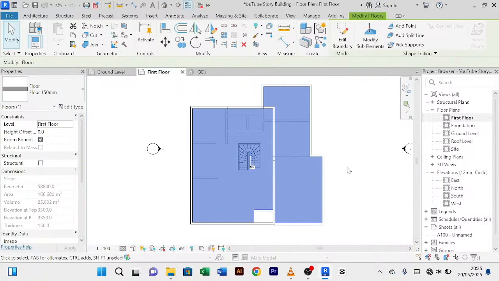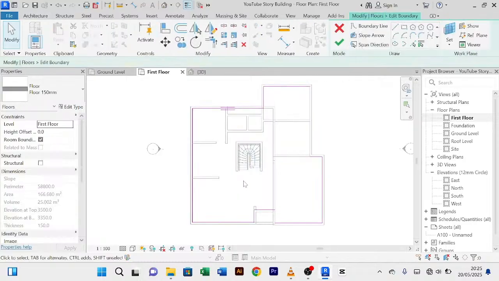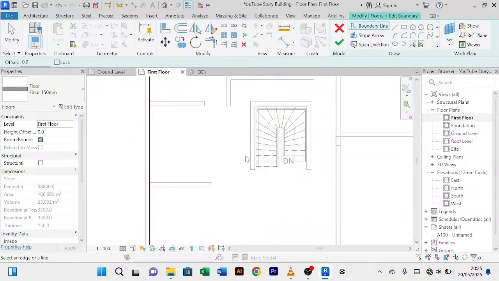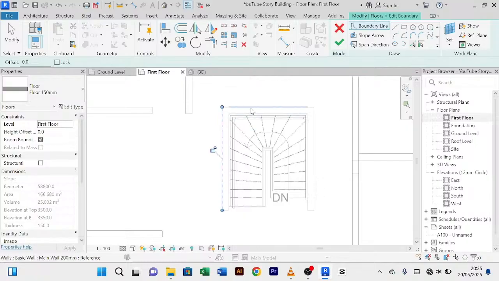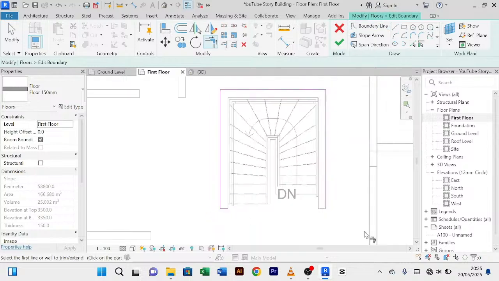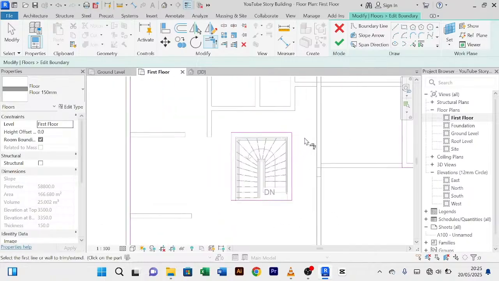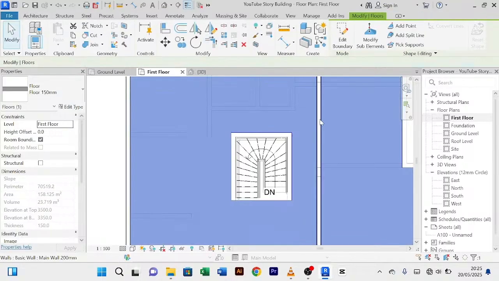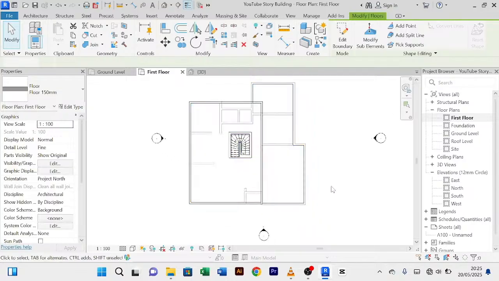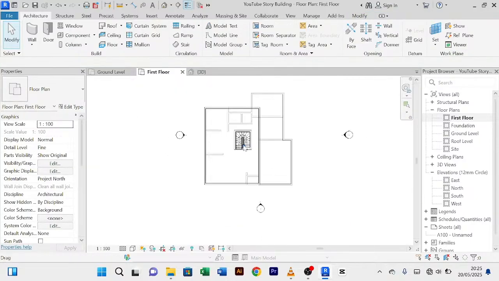So what we are going to do, when you click on the floor, you go to edit boundary. From edit boundary, you come to pick lines. Then you will pick the lines for this wall that is covering our stair. So I'll connect this to this one. That is it really. You just click OK, and you see now the staircase has been removed from that side